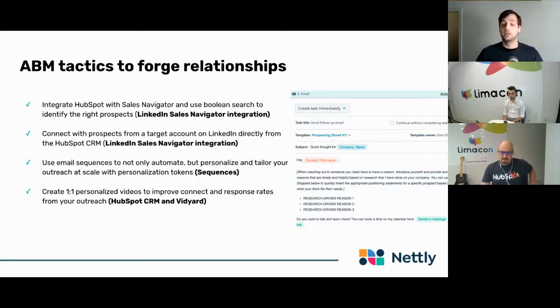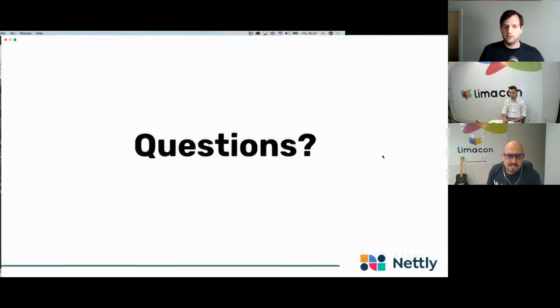So let's say I was reaching out to Jeff Bezos at Amazon. The sequence here on the right, it will be quick thought for, and then it would dynamically insert Amazon and Jeff as the company name and the first name. Then maybe I would do some light personalization to him as a CEO, and then maybe I would do the same, but I will have a slightly different messaging for the CTO and the CFO. So that's some examples of how you can forge relationships and do one-to-one personalization with the buying role. So that was it. That was all I had on